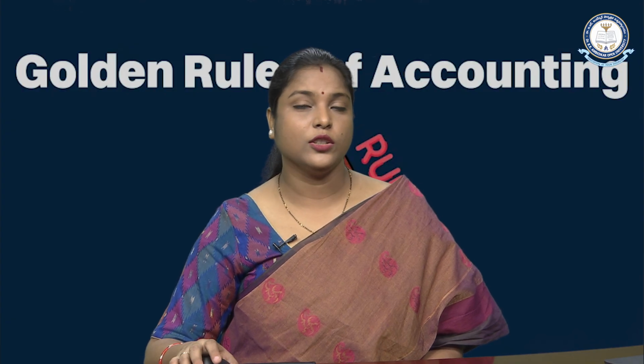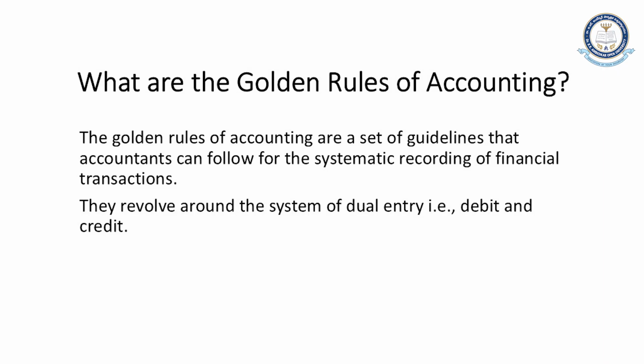This means if we leave it to the choice of accountants or the people recording, they can record on their own by their own method. But if we want to have similarity, or if we want to have a comparison or to monitor how different businesses are performing, we need to follow standard guidelines. So the golden rule of accounting gives us that set of guidelines which every business can follow.